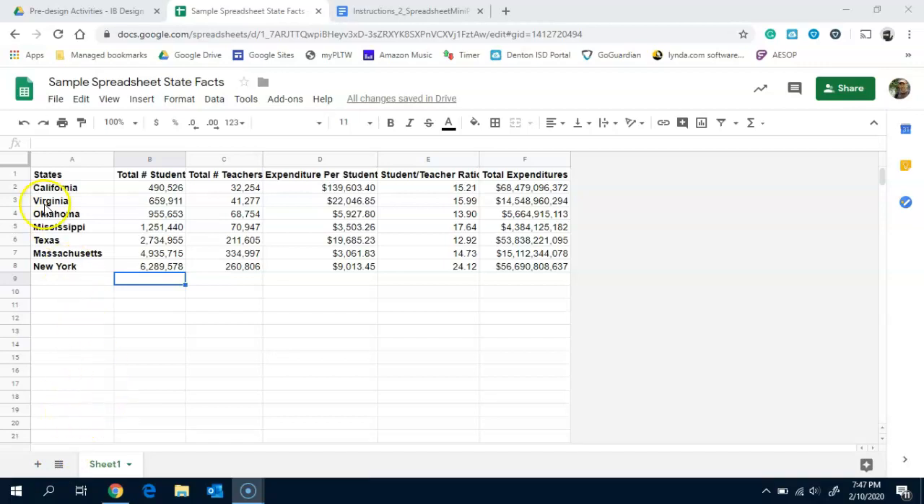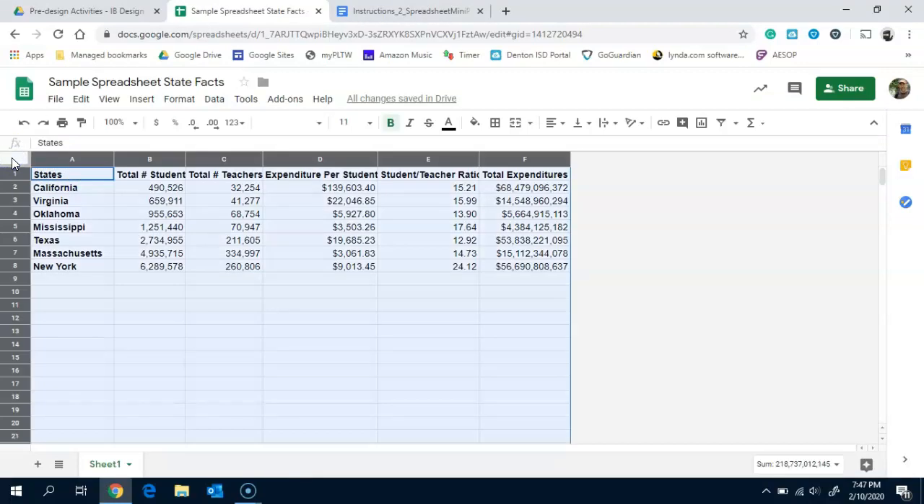First of all, let's sort our data by state alphabetically. So every time I want to sort my data, I want to click on all the data. I can do that by simply going over here between the A and the 1, that spot right there. I call that the All button. If I click on that, it's going to select everything on my spreadsheet. Then I'm going to go over here to Data